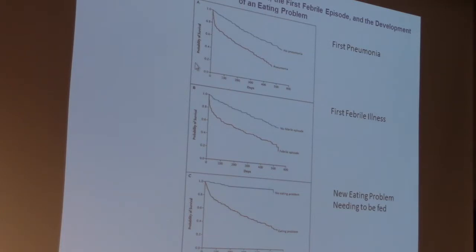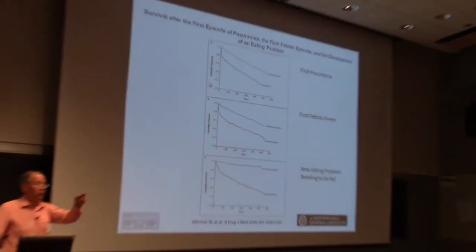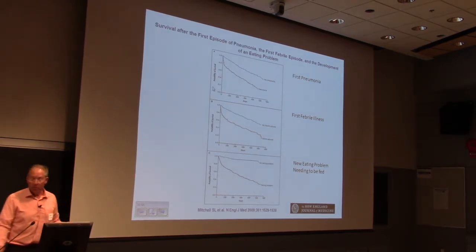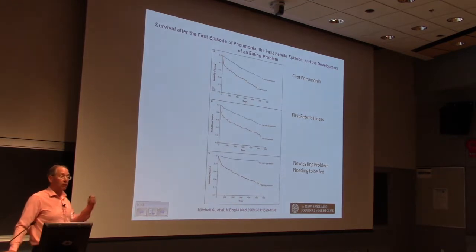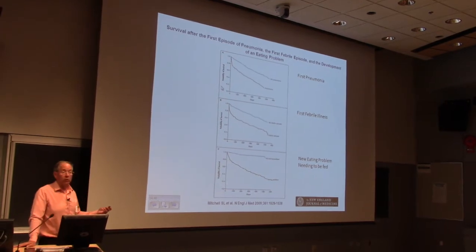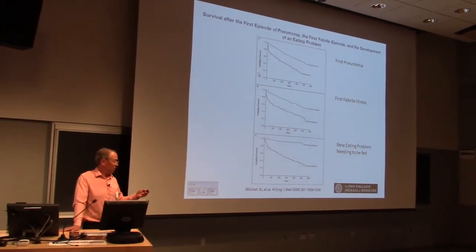Are there any questions about that slide? Yeah. People get full medical intervention. Yes, they were in American nursing homes. In nursing homes in the States, they do IVs, and they're skilled nursing facilities. So I'm going to talk to you about the interventions in a second, what they actually did for these people. Any other comments? How significant is febrile, like mild febrile? Any febrile illness, included everything: UTIs, chest infections, sinusitis with fever, anything where they had fever.